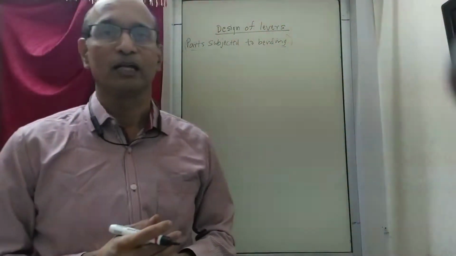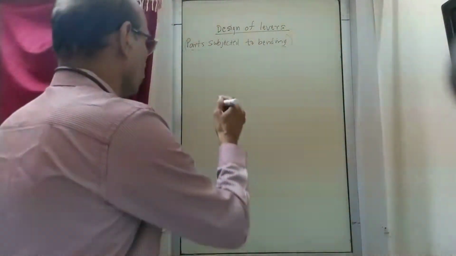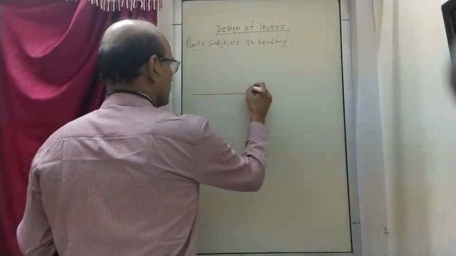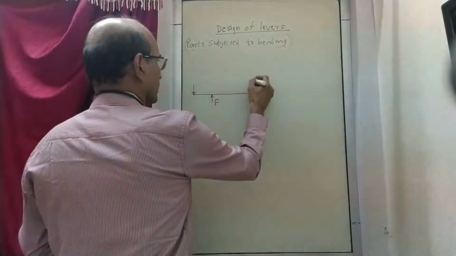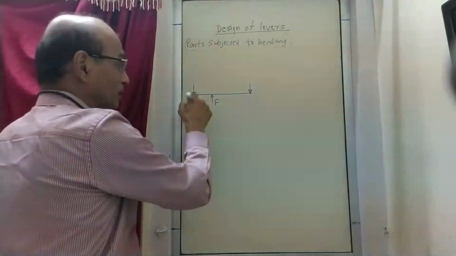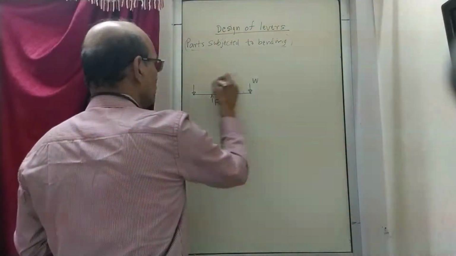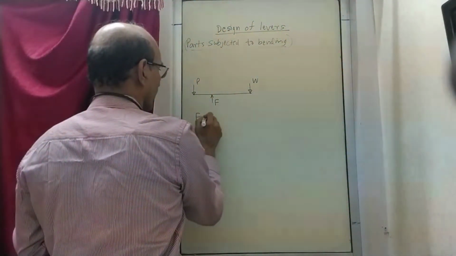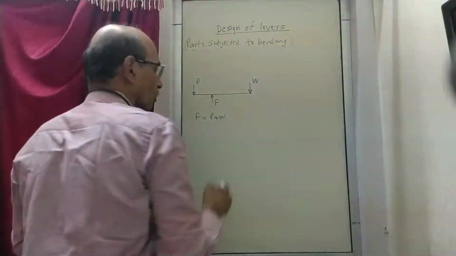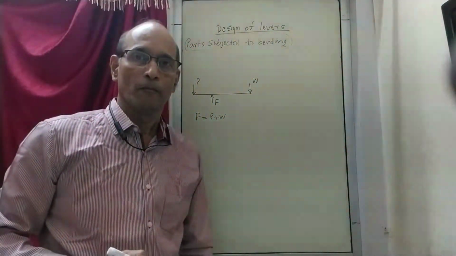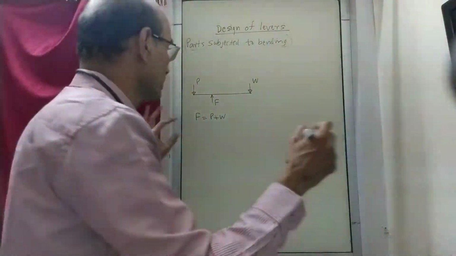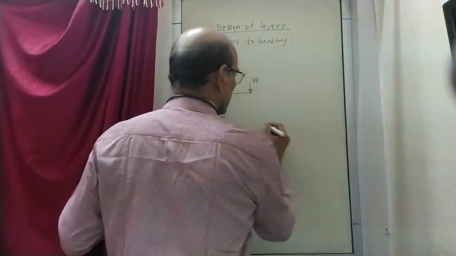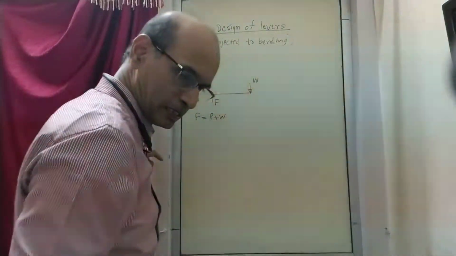Okay, so having seen earlier that you need to find out all the loads, last time we saw that the force F at the fulcrum is related to this. But then, if the shape of the lever is not like this, what do we do? There could be a case where the shape of the lever is something like this.